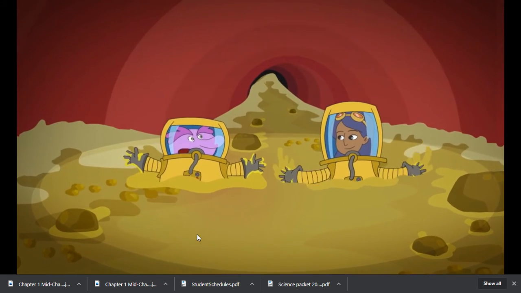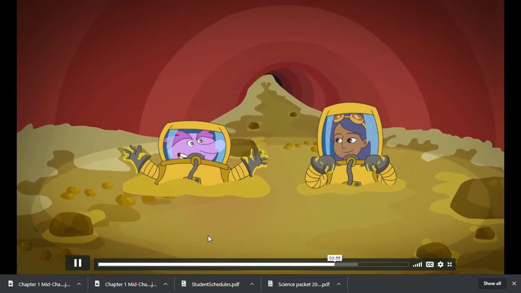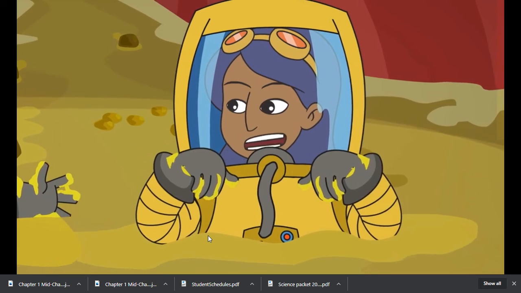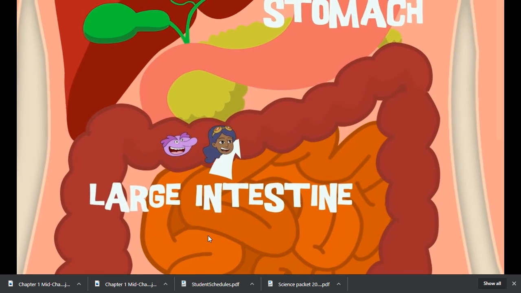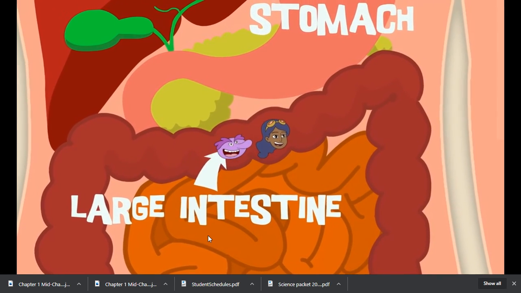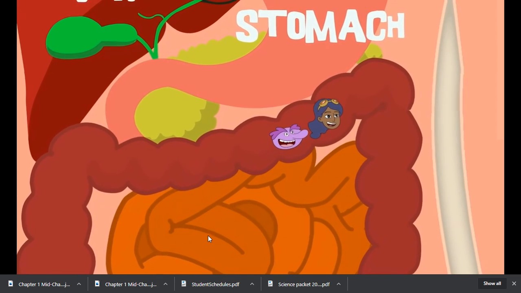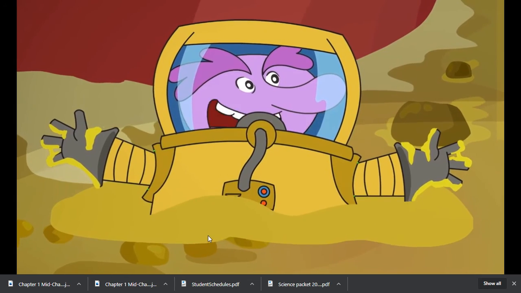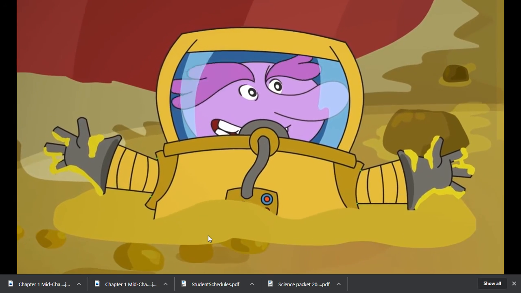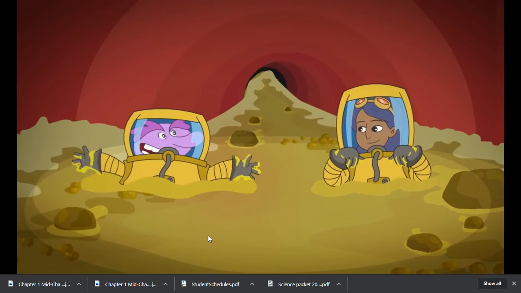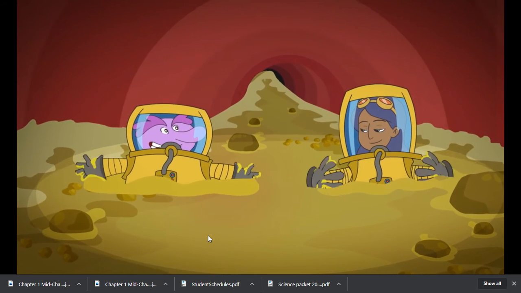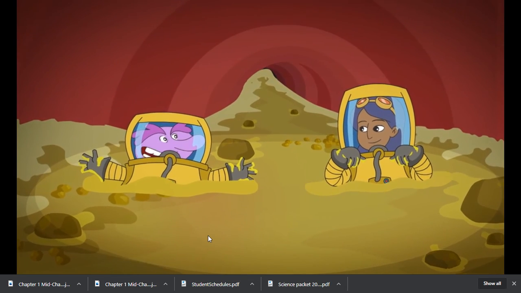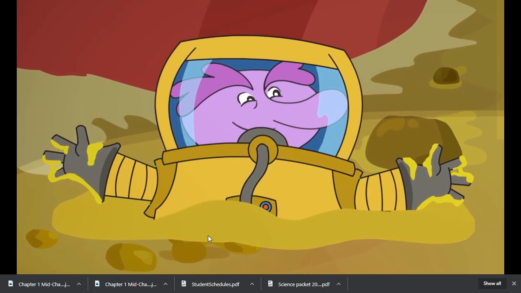Welcome to the large intestine. Hold on. If the small intestine does all of that, why do we even need a large intestine? Oh, my dear Chloe, of course you need a large intestine. The large intestine has an important job to absorb water and salt. So, what's left? At the end of the digestive process, anything that hasn't been absorbed is considered waste, which your body doesn't need. In other words, poop.